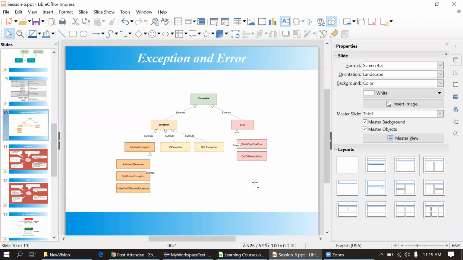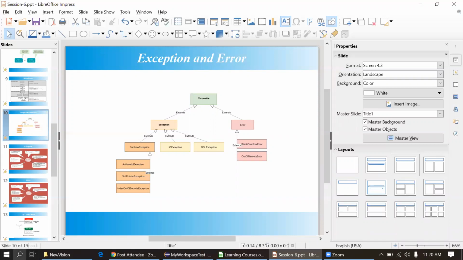In some cases we try to deal with files. If we know the file might be missing or corrupted, or we are not able to access it, then the compiler will show the error directly. That is a checked exception. It means a checked exception we get at compile time only, not runtime. We should not wait till runtime. So in exceptions there are two types.